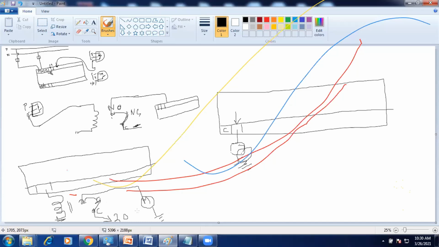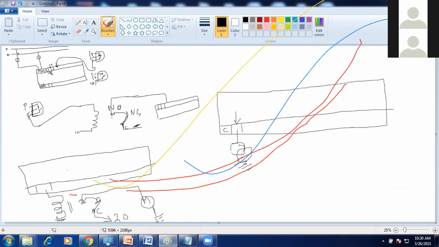If I want to connect AC motors, it may be an induction machine or a synchronous machine. For an AC machine, in this common pin you need to give a phase. The phase will move through the normally open, and then the AC machine will be executed. Here we need to connect neutral.